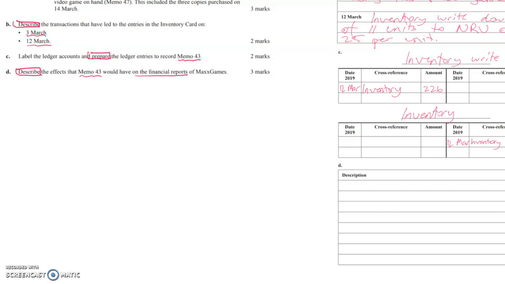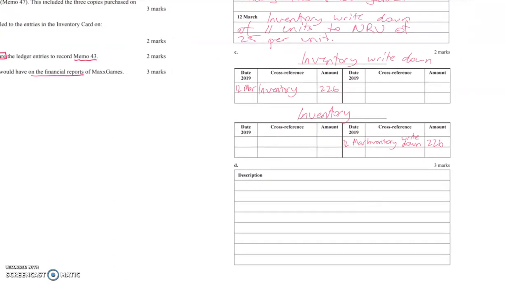Okay, so part D asks us to describe, again they're loving this command term in this question, the effects that memo 43, their favourite transaction, would have on the financial reports of Max Games. So this question worth 3 marks. The fact there are 3 financial reports means we'll need to mention each of them. So firstly,